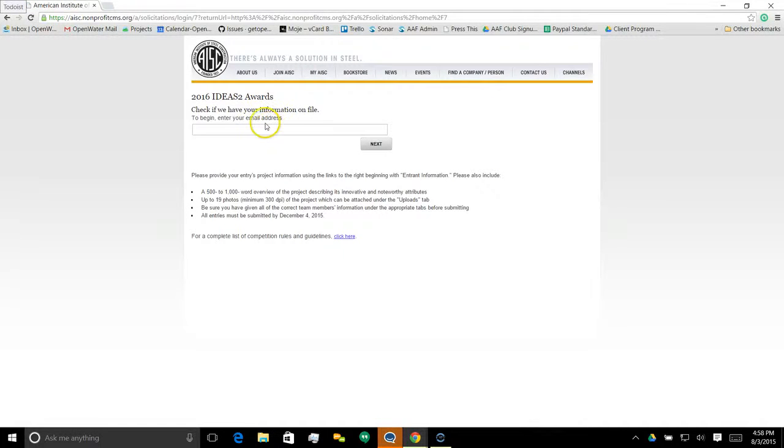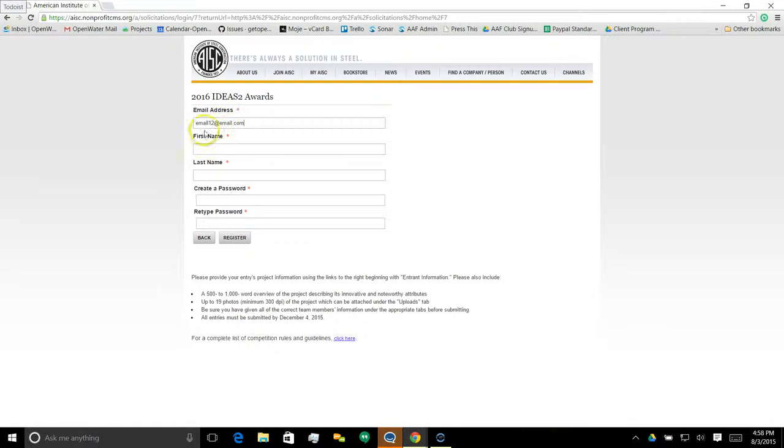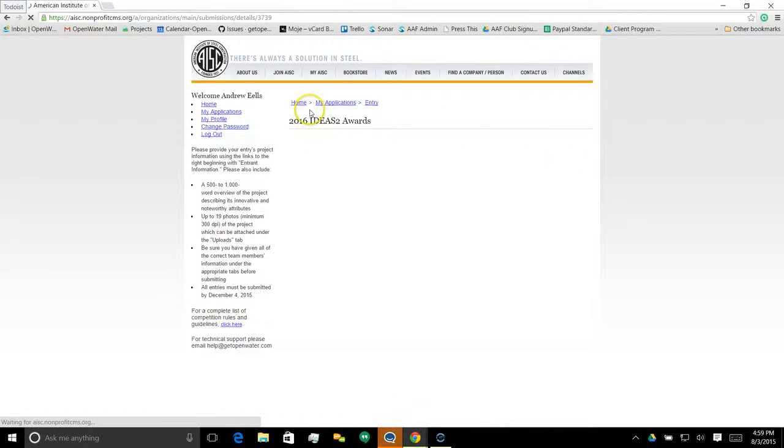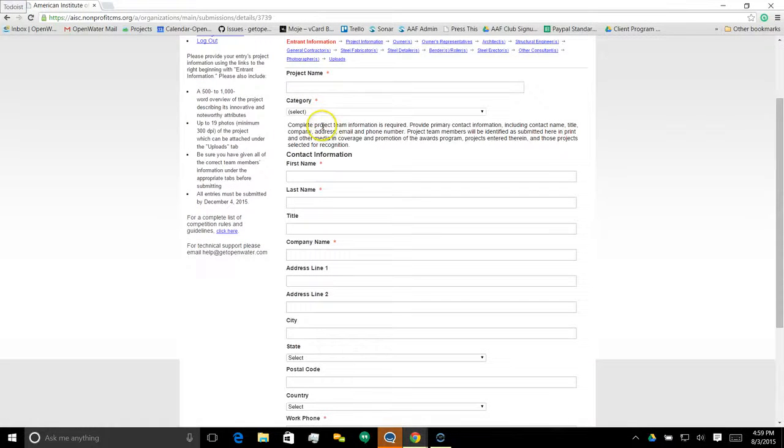The system is going to ask you for an email address, so we'll just punch in a test email address here. And if you have an email address already in the system, it's going to ask you for the password with that account. If you're new, it's going to ask you to punch in your first name and last name and create a password. And right now the system is going to go ahead and make an account for you. And then once that's completed, it'll log you in and it will take you directly to the first page of